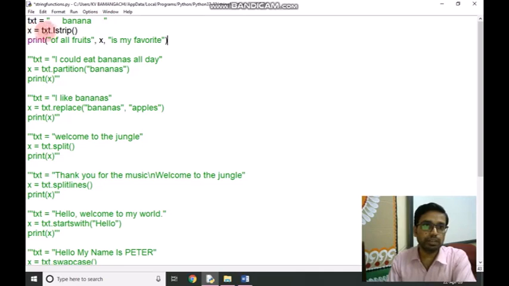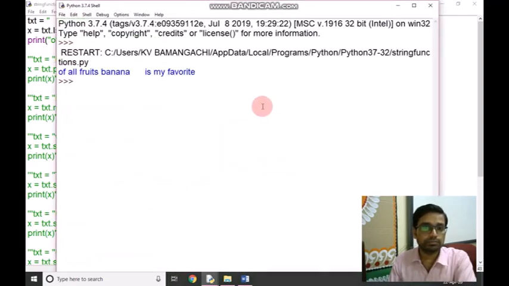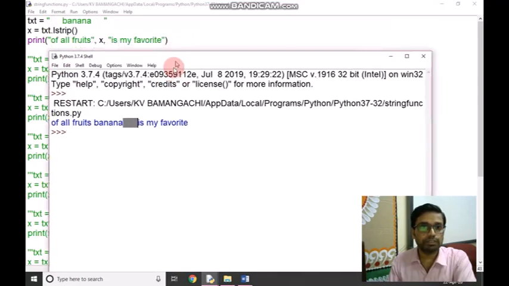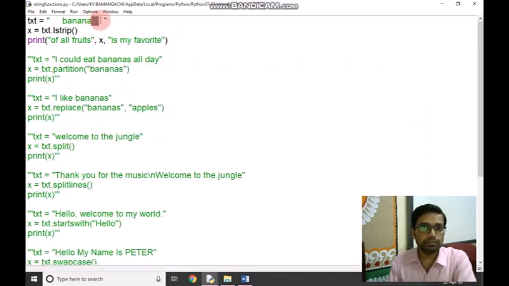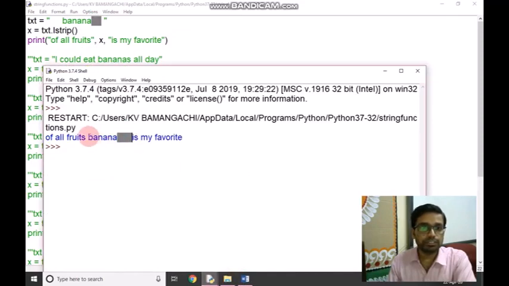If we use txt.lstrip, and we print "of all fruits X is my favorite", then it will return "of all fruits banana" with the spaces as we have given, but the left side spaces have been removed.